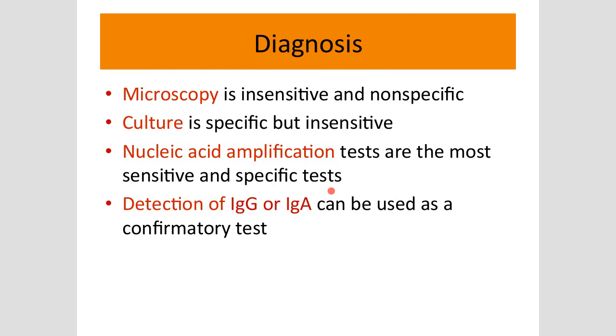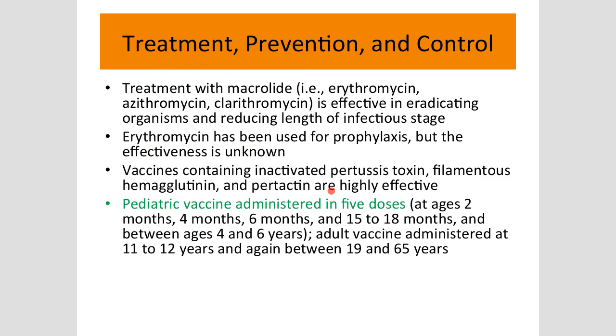Okay, we diagnose it, again, the same or important thing. But as far as immunology is concerned, IgG or IgA is used as a confirmatory test. IgG and IgA are two important tests that we normally do for this. Treatment, the most important treatment is vaccination, DPT. It's very important. And the other important thing is that you give booster doses. You can see from here, that's why you see IgG,